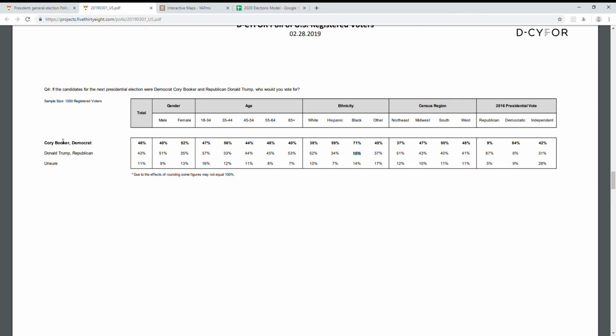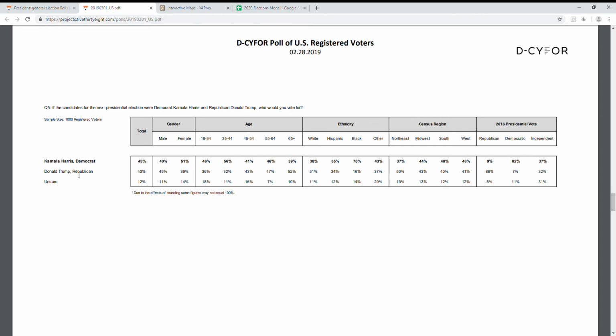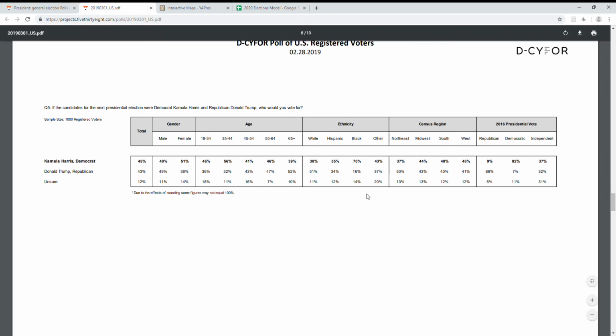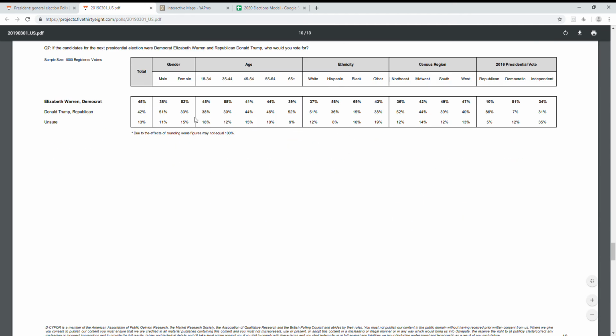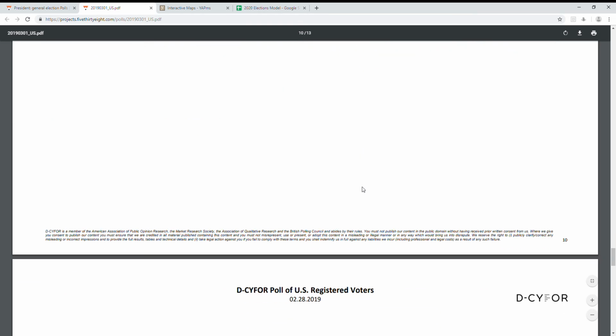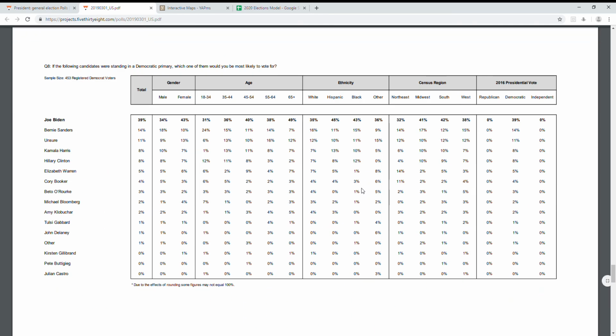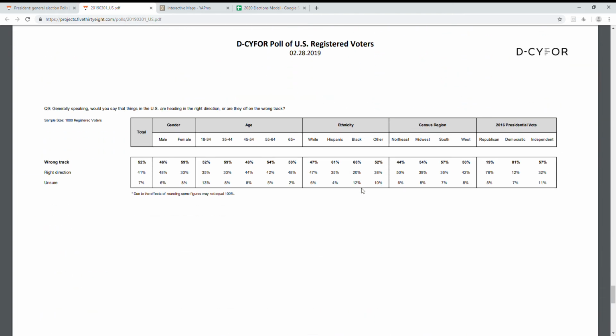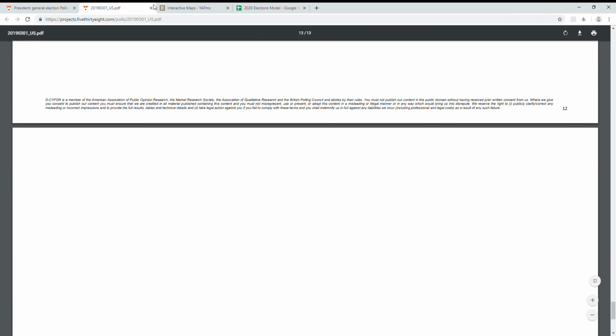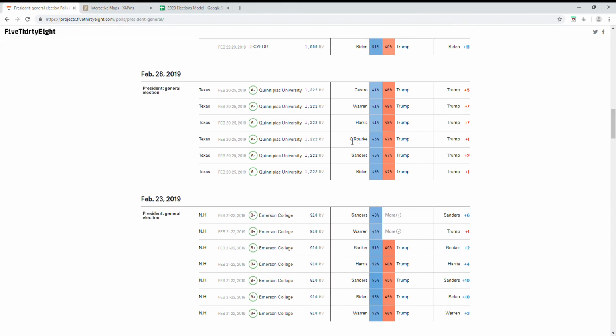Here's an interesting one. Trump's at 15% if you go with Cory Booker. Against Kamala Harris, Trump is at 60% for African American vote, which I find shocking, to be honest. 13% against Sanders. Again, this is all more than a Republican has gotten in a long time of the African American vote. The 10% is the only one that you would expect to be absolutely certain of. And you can go through and